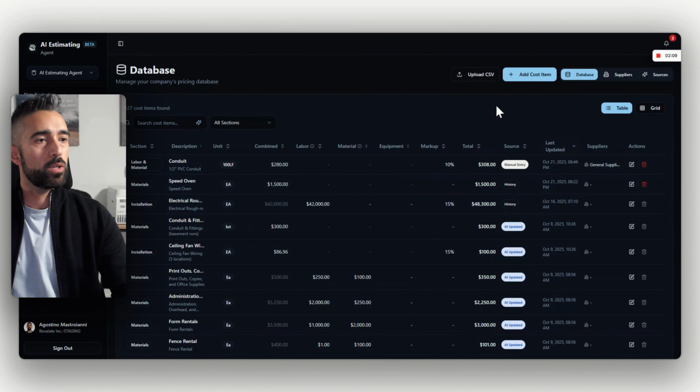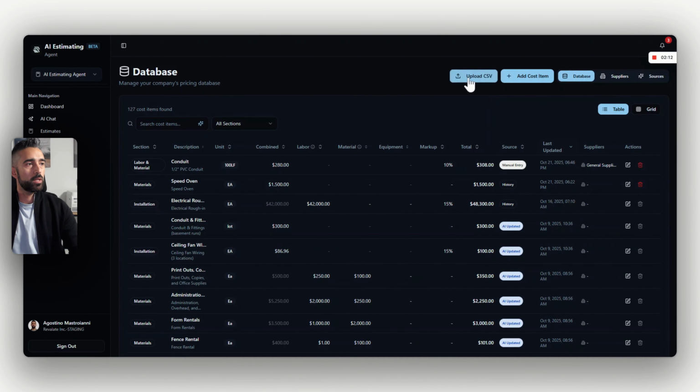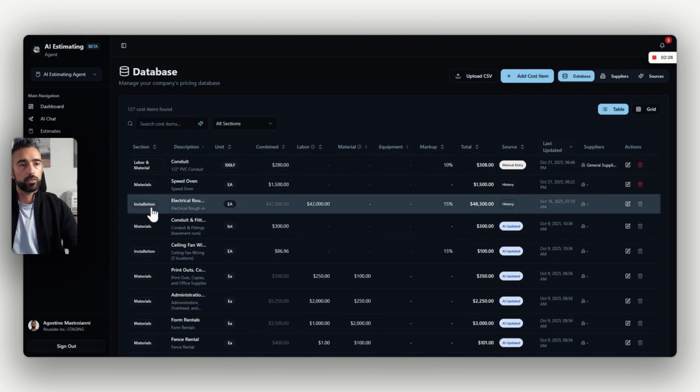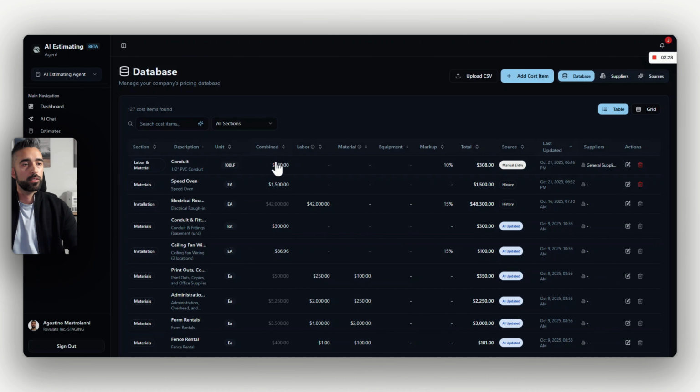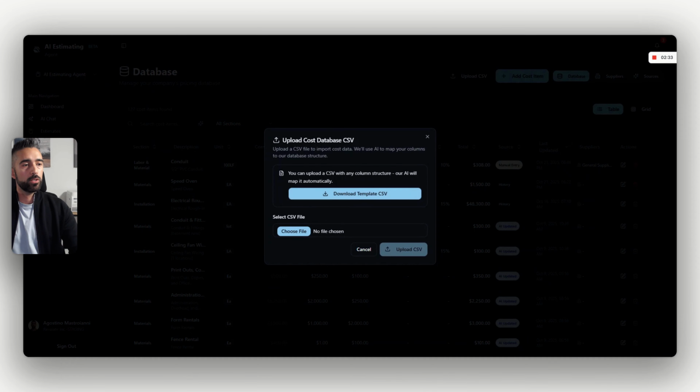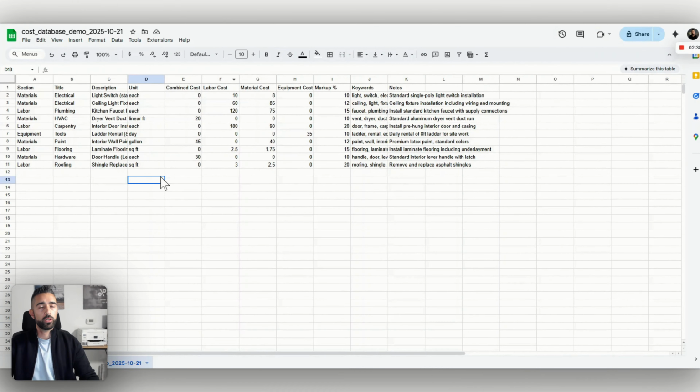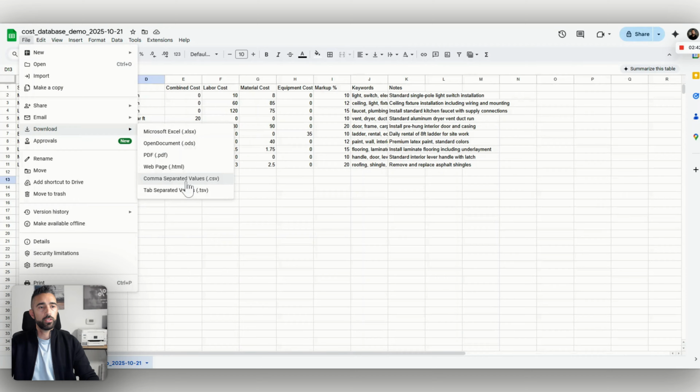Now, for bulk uploading, you can see that we have this upload CSV. We have a template for you, or you could upload any CSV format with any type of columns. Now, our AI will try to categorize that as best suited for our section, title, description, unit, and so on. But if you want to be a little bit more secure with that format, you could go ahead, download that there. And I already have one with some sample data preset. So I'm going to go ahead, download this CSV,